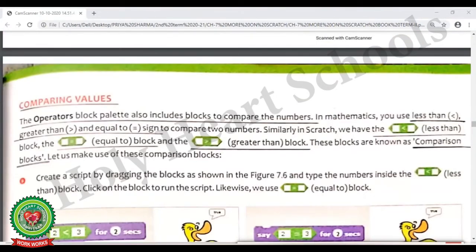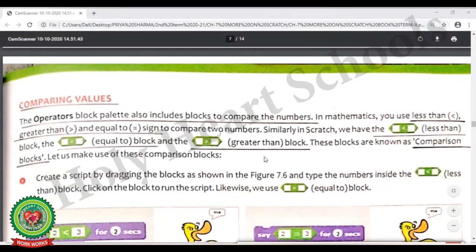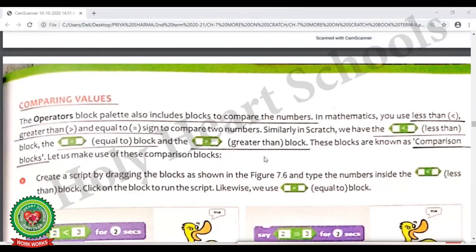Here you can see the first heading is given, comparing values, where the operators block palette includes the blocks that are used to compare the numbers. You have already seen I have explained all the comparison blocks practically using the chart of operators. Here you can see the different comparing blocks: less than, equals to, greater than. All these blocks are known as comparison blocks.